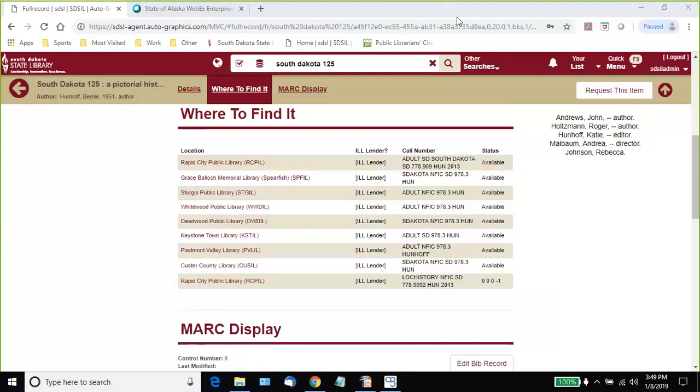So it kind of depends on where, some of our libraries get bib records from their vendors. Again, a few of them are still using OCLC. A lot of our libraries get bib records from Library of Congress. So there are a few different places that people get their MARC records, but